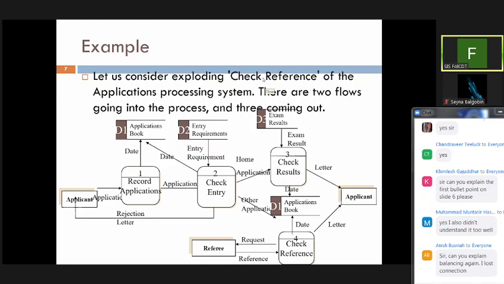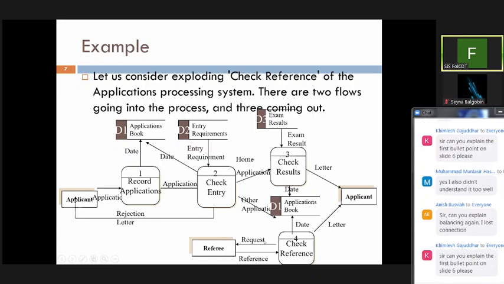So someone's asking for me to explain the balancing again. Okay, so this is the high level DFD. If we look at this high level DFD, to know whether your level DFD is balanced, we need to check the number of inputs and outputs. So in that case, we have